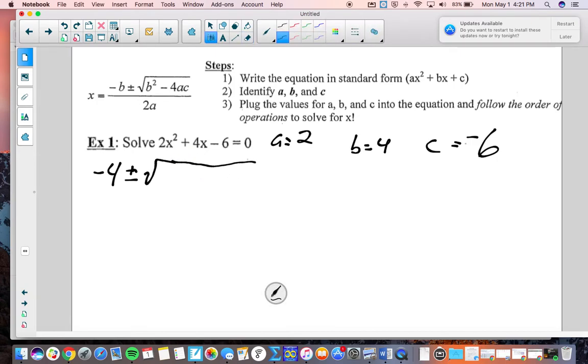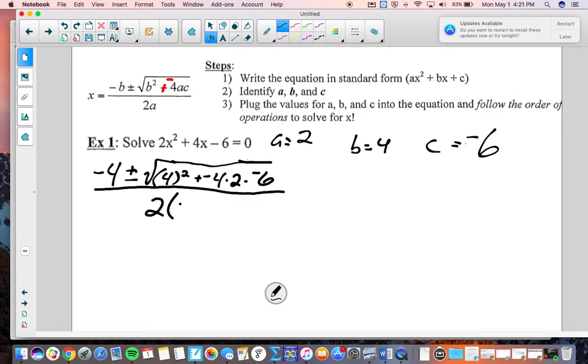the square root of 4 squared plus negative 4, right, plus a negative 4 times 2 times negative 6, all divided by 2 times a. So we get negative 4, I'll change colors here, negative 4 plus or minus